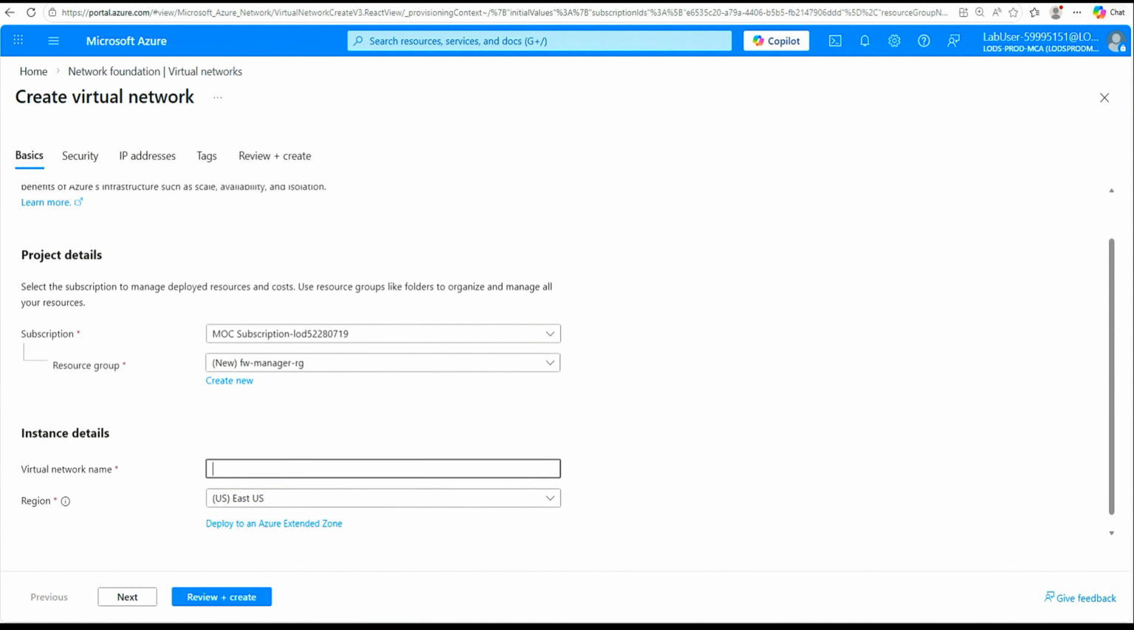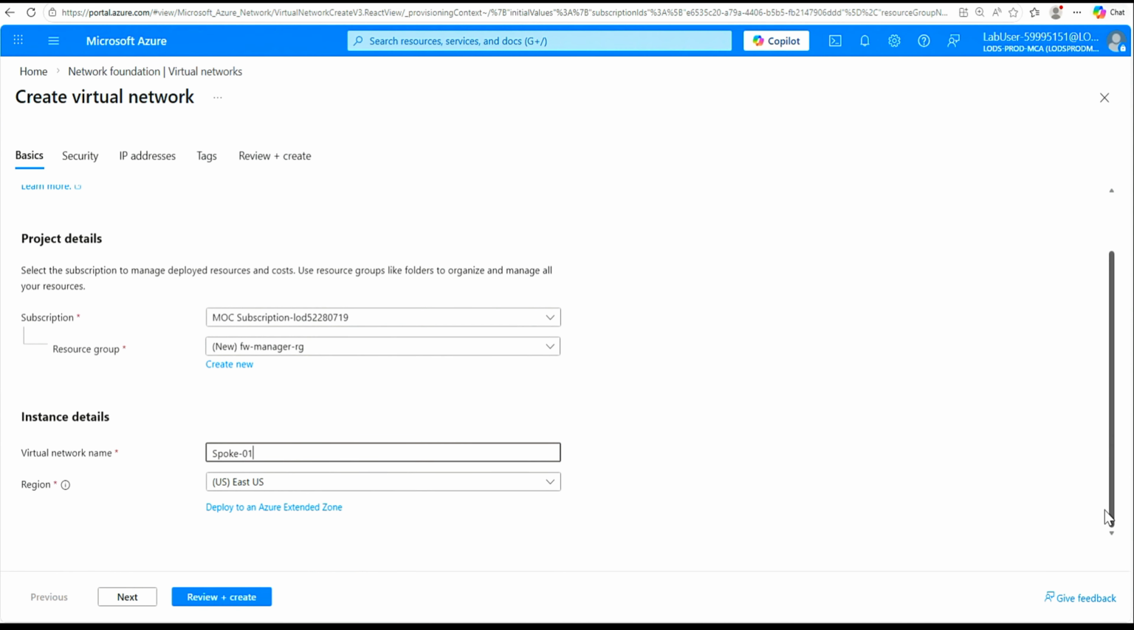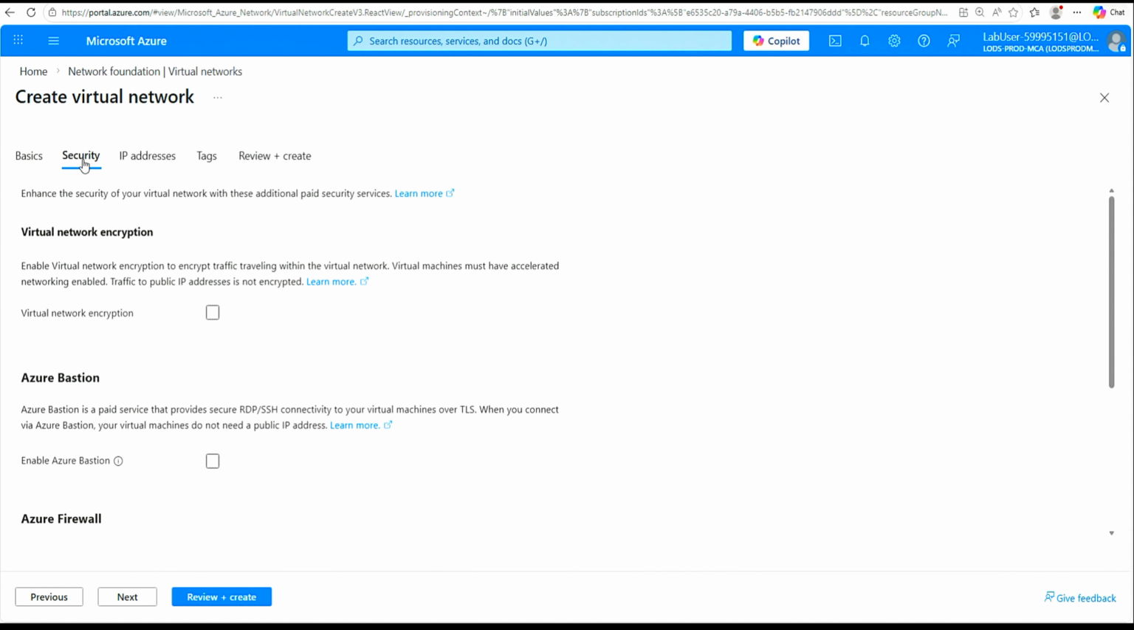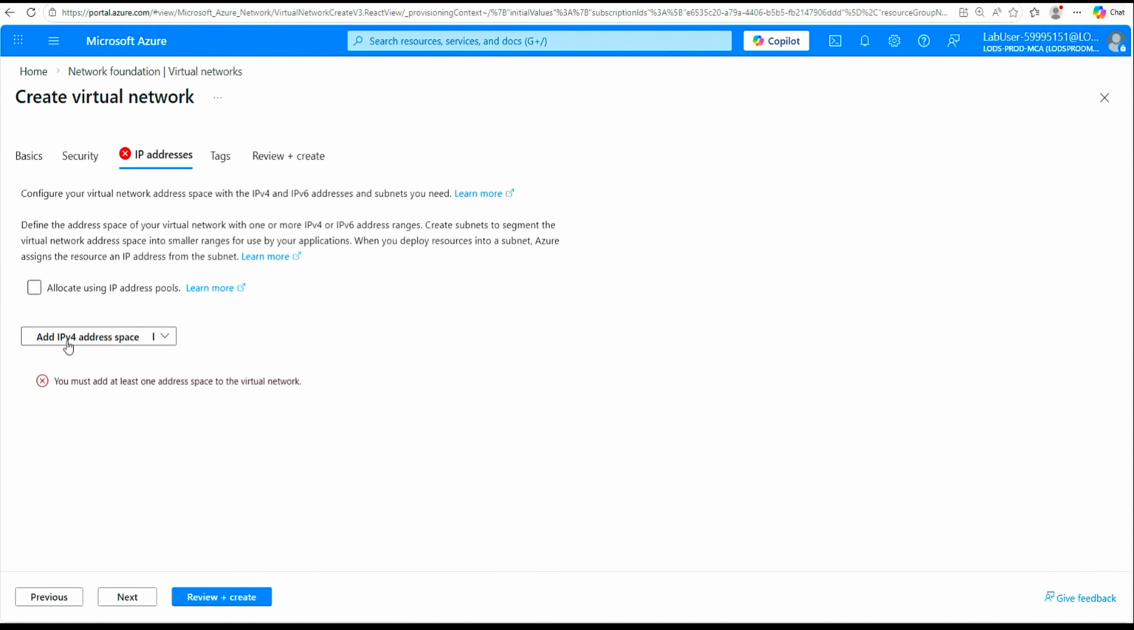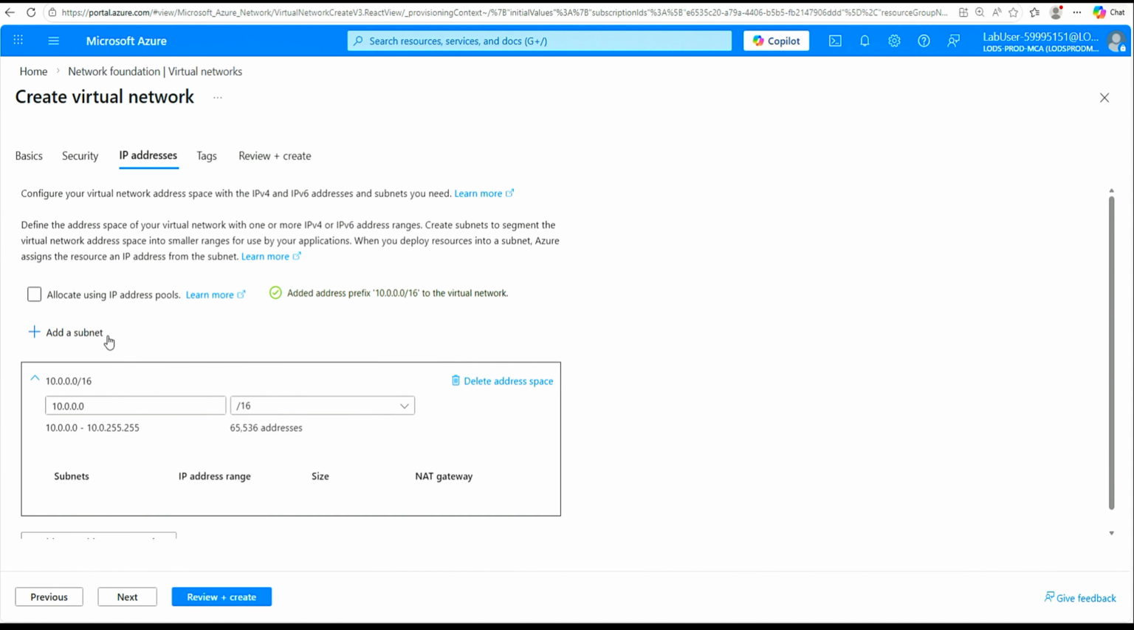Then give a virtual network name. We are creating spoke 1. Select the region, then click next. It goes to the security tab. We're not changing anything here. Then click next. Here is the IP address section. We can select the default address space and delete it and then create a new one. So delete the address space, and then here you can see add IPv4 address space. So select that option, and here